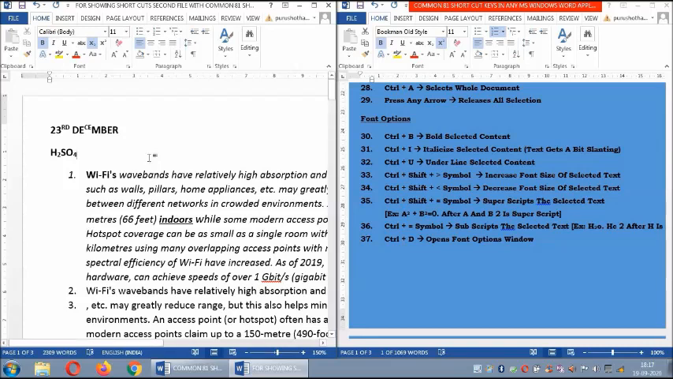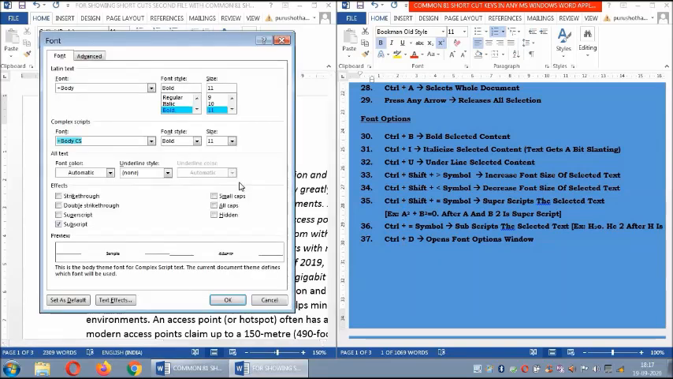Control plus the equal to symbol is for subscript. Now Control D. What is Control D? Now see what happens: bold, italic, underline, the font